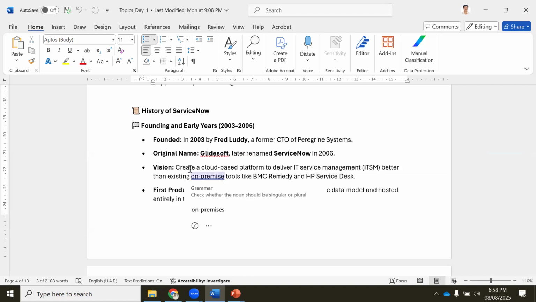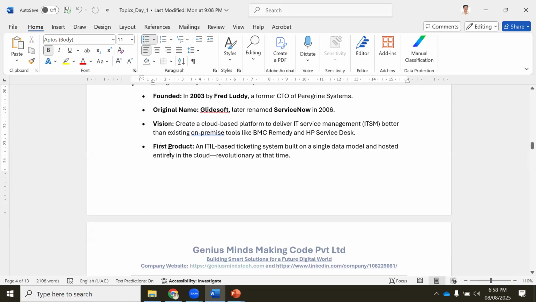Okay. So the next one is the first product, an ITIL based ticketing system built on a single data model hosted entirely in the cloud, a revolution. See, Remedy and HP Service Desk needed a server and a database to use.